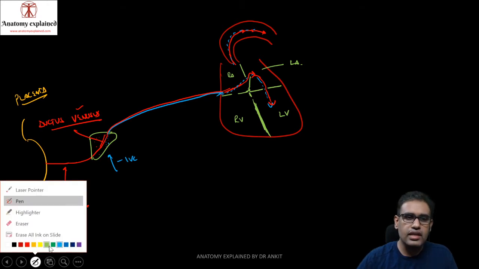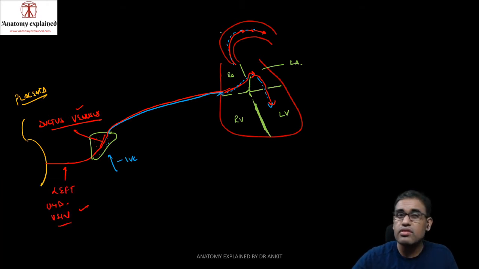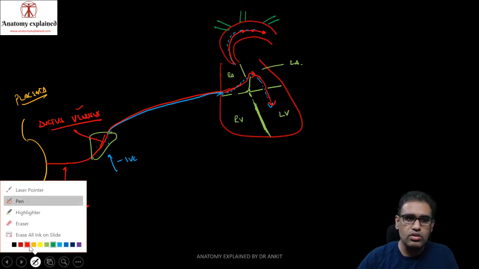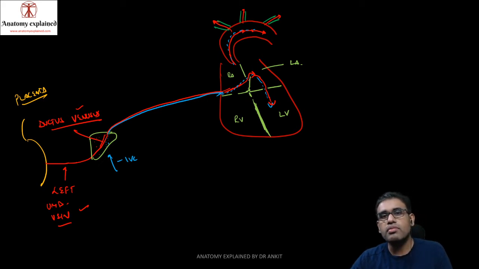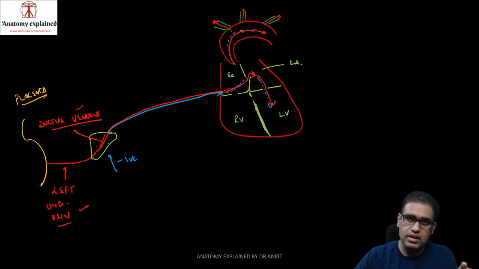And then this aorta, obviously we know, is giving off the branches. That's the brachiocephalic trunk, the left common carotid, and the left subclavian. These are the main branches of the arch of the aorta. So all this good blood over here will be distributed through the brachiocephalic, the common carotids, and the left subclavian. So this is how the good blood enters into the body of the fetus: it has two bypasses. One, the ductus venosus over here, and one is your foramen ovale over here. That is known as the right to left shunt.